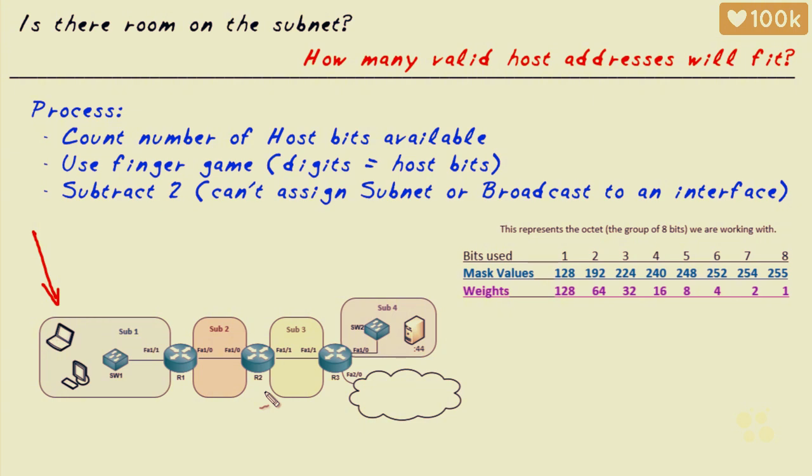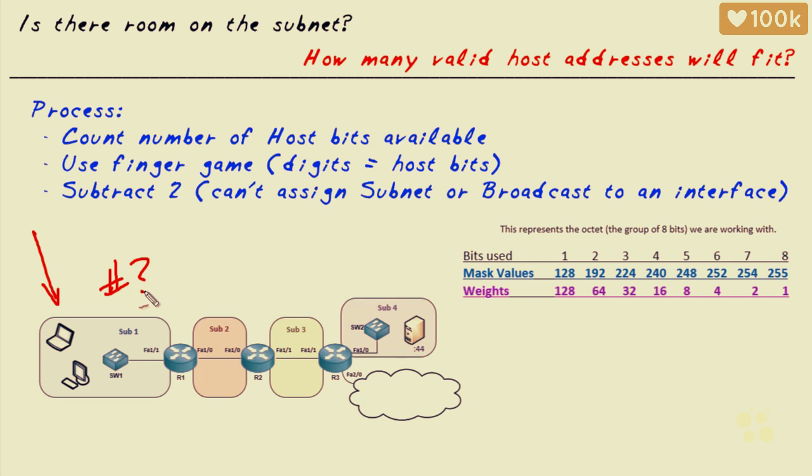We identified how many subnets we'd have to create. We recognized how many bits we'd have to steal from host address space to create those subnets. We identified the new subnets. We moved the mask over to represent the new mask for the entire network. And not only did we identify the subnets, we also identified the valid IP address host range within each of those subnets. Now, what we haven't yet done is identify how many hosts will fit in a given